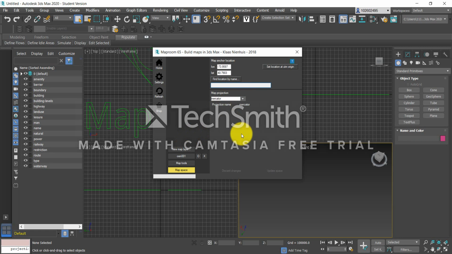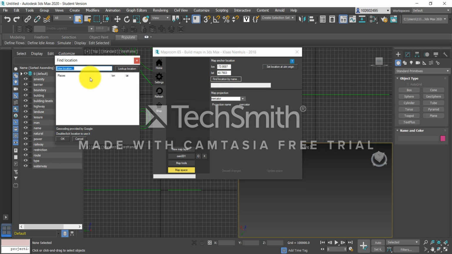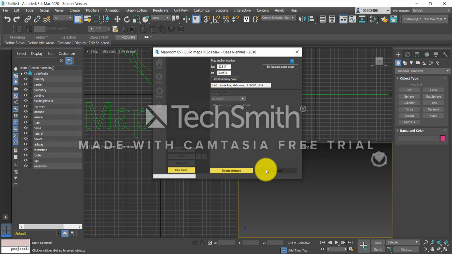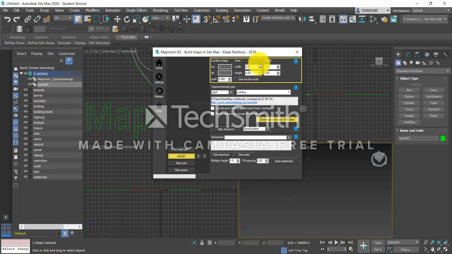over here. So we can select find location by the names, and for link over here, Melbourne Central. Look up the location. Okay, update the scenario from OSM over here. What you can do is select the area width and height,